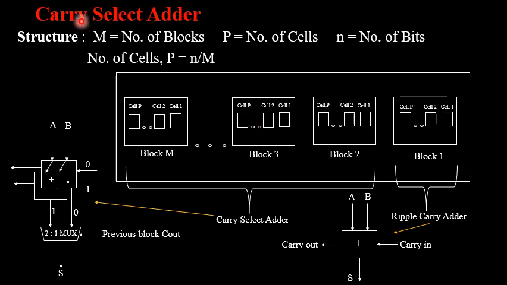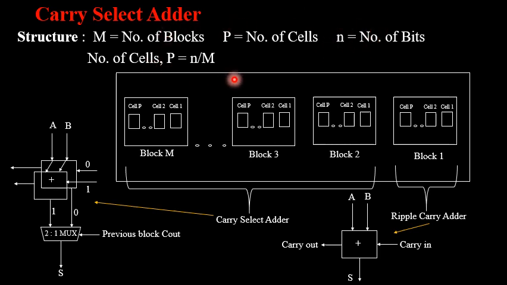So whenever I tell you to design a particular bit element in terms of a carry select adder, you are supposed to remember these three terms, M, P as well as N. They may ask you the same question which I have considered, some 2 to 3 examples in this, or you may be asked to design some other bits. So you have to be prepared for any number of bits asked in exam to design. Before going with the design part, you have to concentrate upon these three terms, that is M, P and N. M stands for the number of blocks, P stands for the number of cells, and N for the number of bits. In exam, any two of the parameters will be given and one parameter will be unknown.